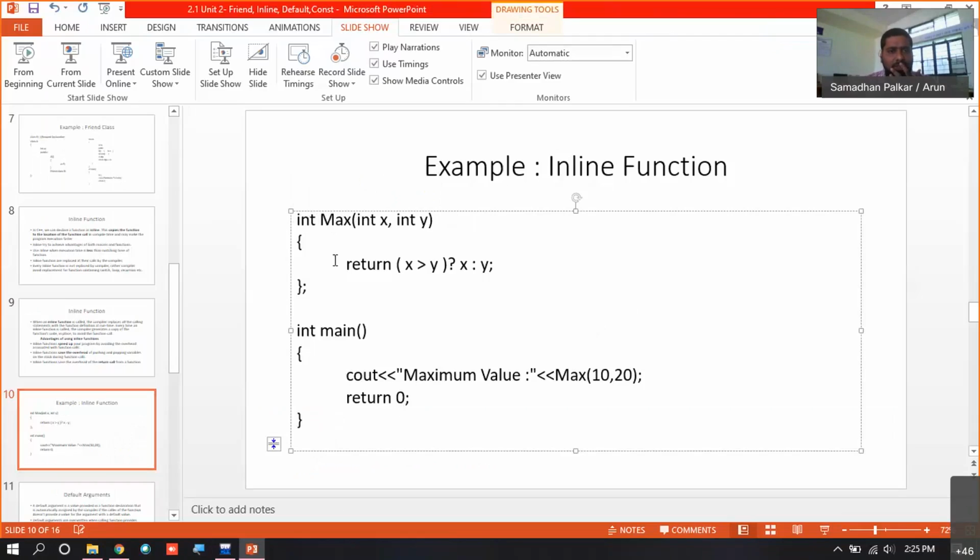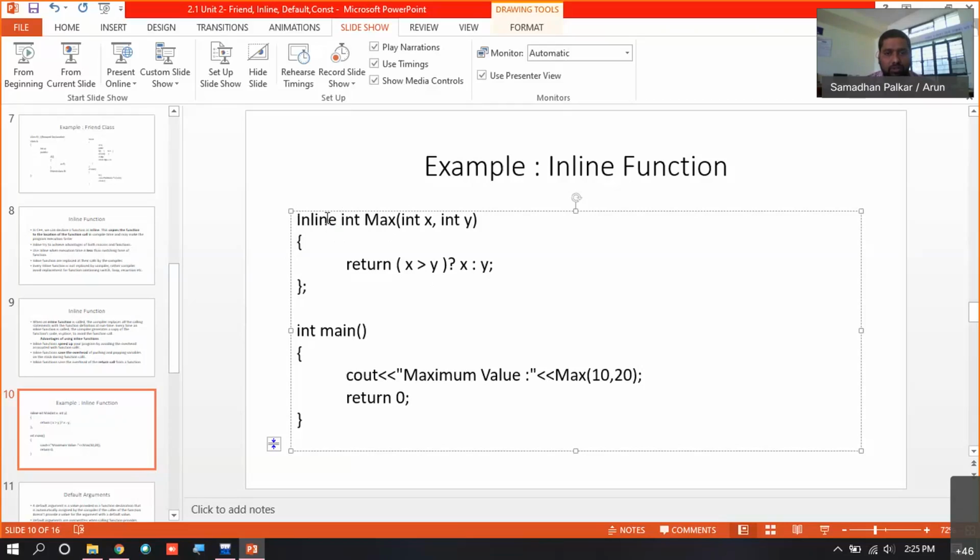So this is a simple function used to find the maximum. Two parameters are passed to this function and it returns a value to the calling function. Whichever function you want to make inline, just use the keyword inline in front of that function.